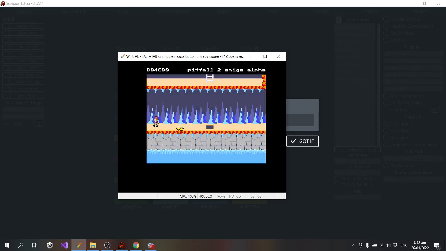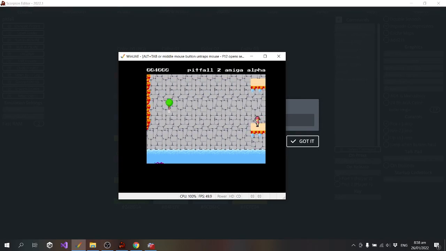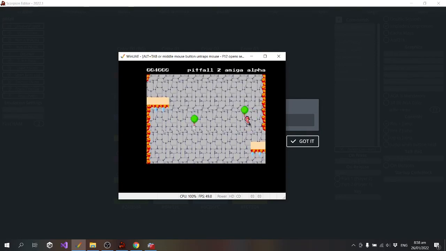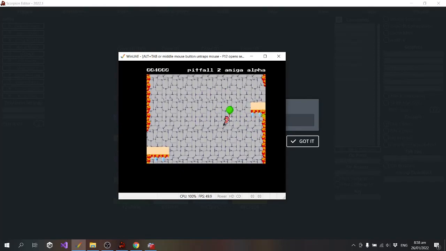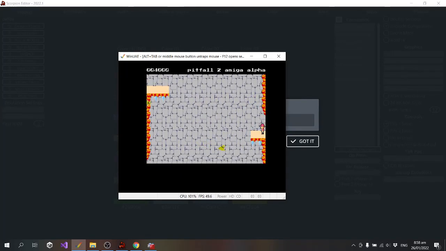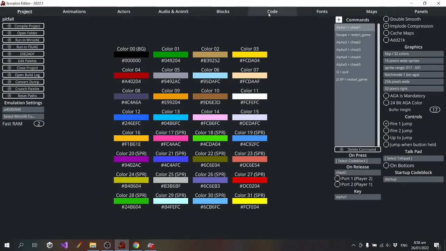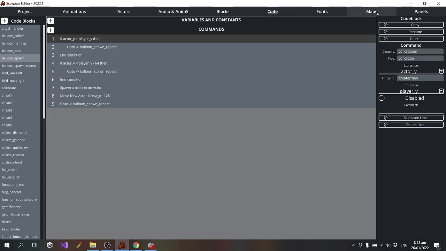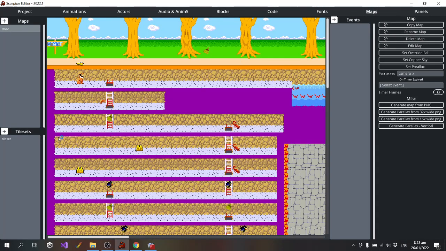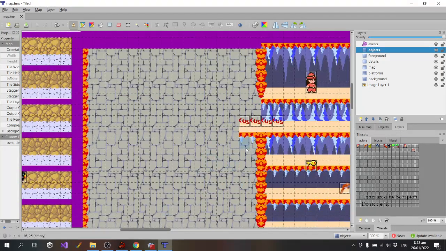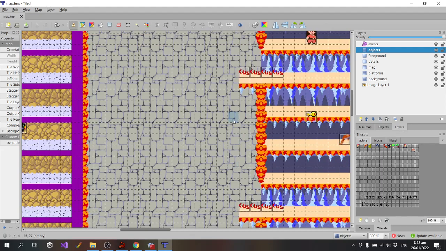Actually, I'm not even sure if they do pop in the Commodore 64 version when you hit the ceiling above it. So it might be a bit annoying at that bit there. Yeah, instead of changing it so that the balloon pops on those parts of the level, I'm just gonna edit the visuals of the level so they don't have spikes, because I know some people were confused about why the balloon is not affected by those spikes.